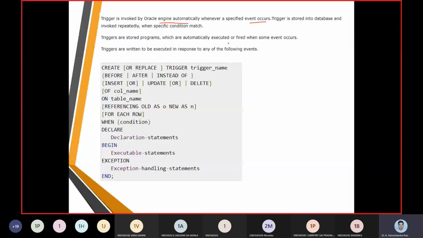Now let us assume that there is a table called customer here. The customer is going to have ID as an attribute, name as an attribute, age as an attribute, address as an attribute, and salary as an attribute. And the number of rows is assumed here as 6. So this is the customer database. Now, what we want is to find out the new salary and the old salary.